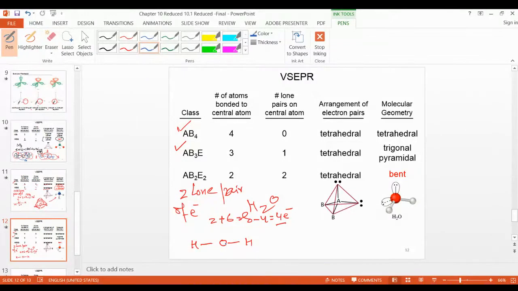Where do you put the 4 electrons? On the oxygen. Because hydrogen you cannot put 4 electrons on, because hydrogen is already complete with the duet rule. Hydrogen never has more than 2 electrons. Please note this down in the record book, otherwise you will get 0. You cannot write the Lewis structure for any molecule.